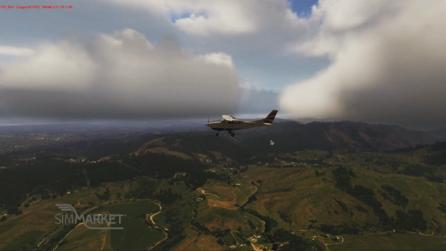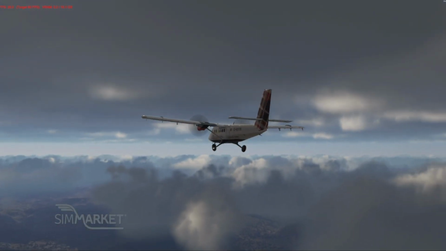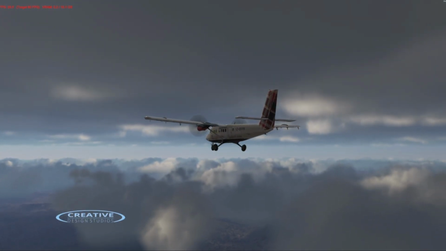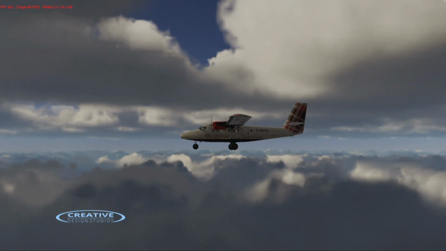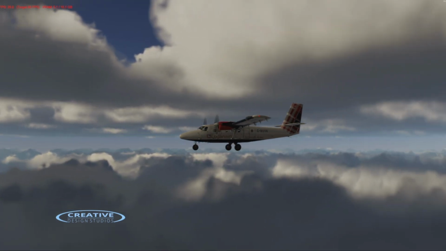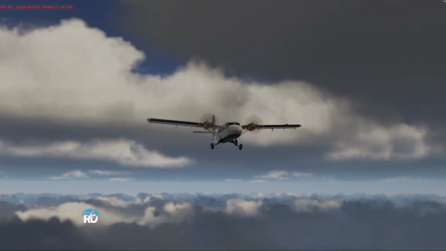Again, I found that too sort of reflective. But if your plane has been given the accurate PBR, then metal will look like metal instead of a matte, dull look. I've also changed the nighttime,